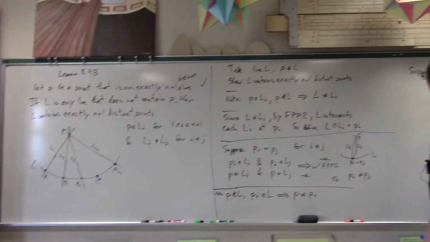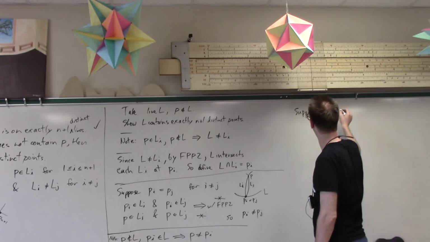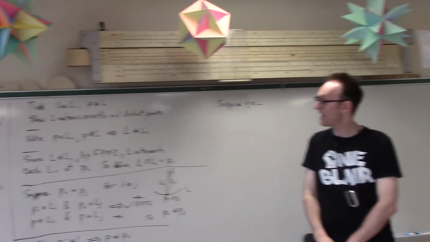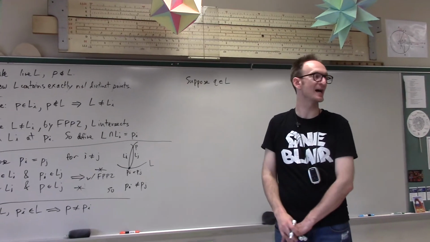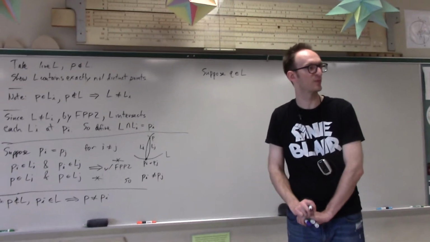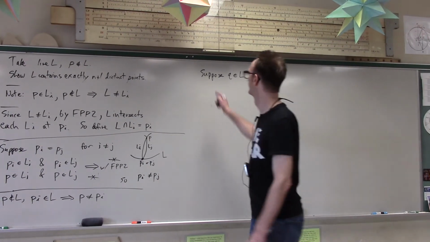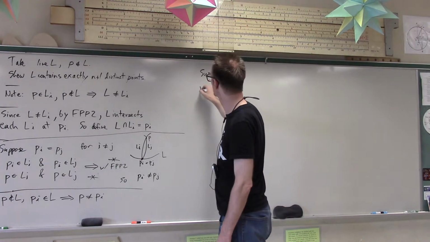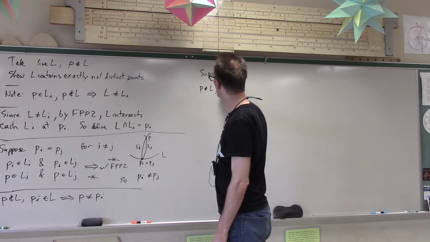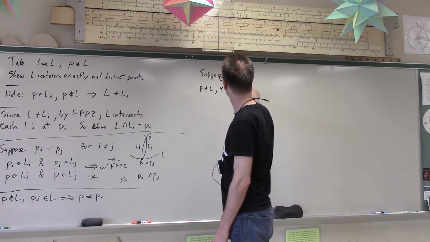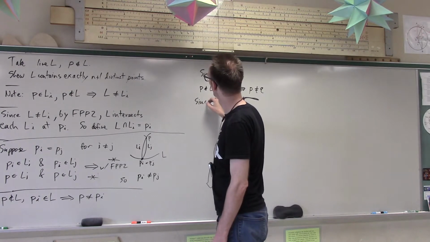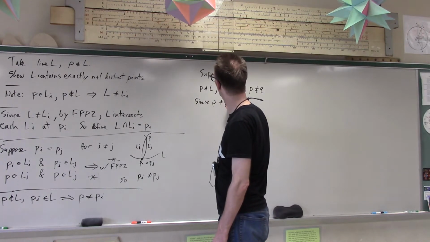Suppose that there is some point Q on L. There has to be a line PQ, she says. Can we insert a small bookkeeping step? Q is not P, because P is not on L and Q is on L. Conclusion, P is not Q. So since P is not Q,